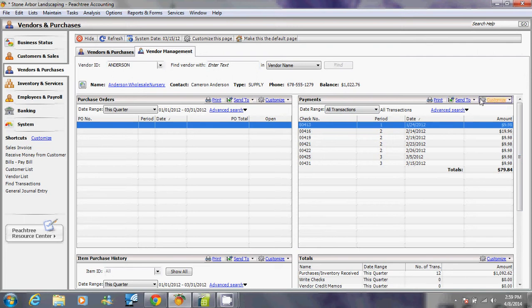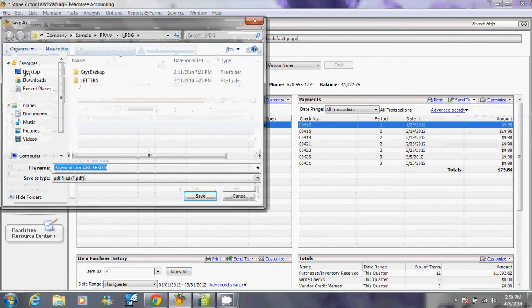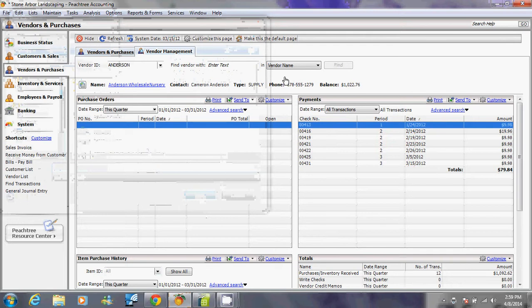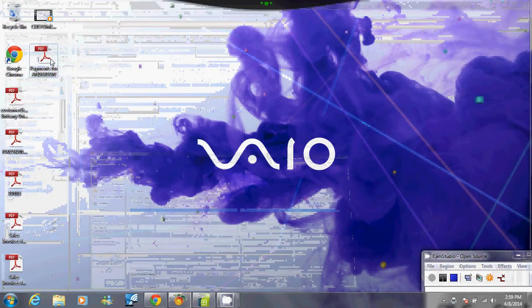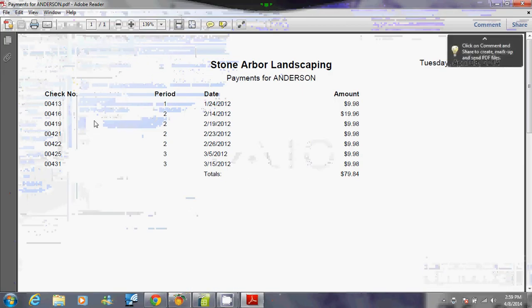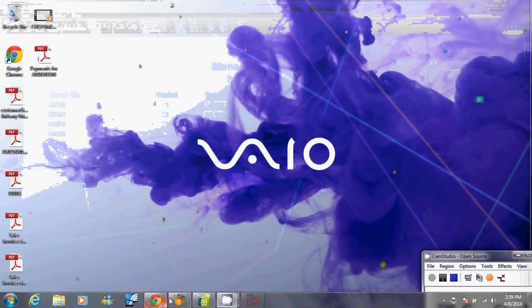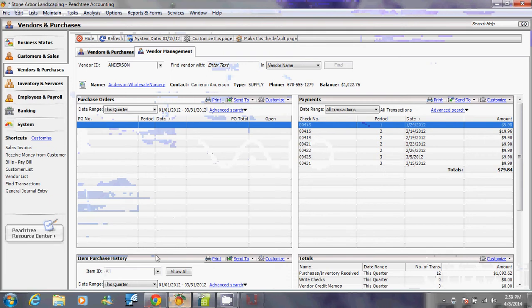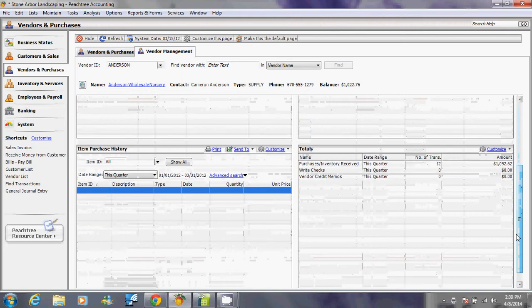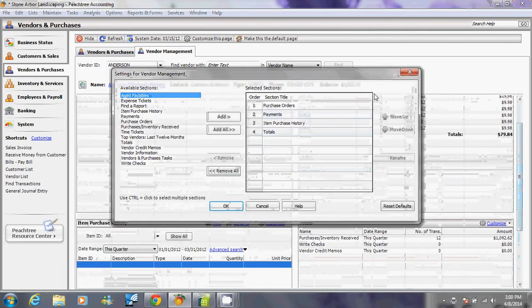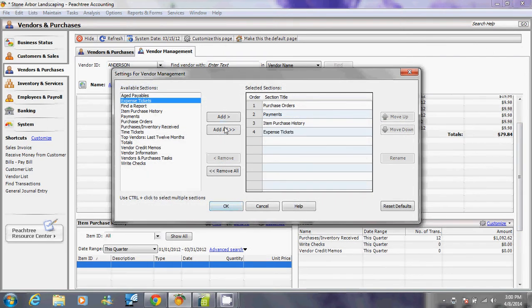So the same thing, you can send it to Excel, email, or PDF, or you can print it directly from here. Just for the sake of instruction, I'm going to just do PDF and save it here, and it should be on my desktop. Now it's going to look like this, unless of course you change or add an additional column on this report. So let's go back here, and if you want to add additional windows other than what's currently shown by default, you can go to customize this page and remove what you don't want and add what you want shown in this